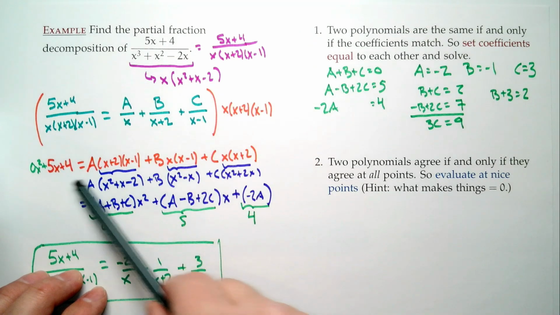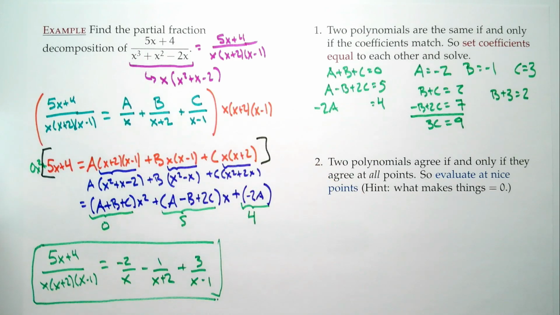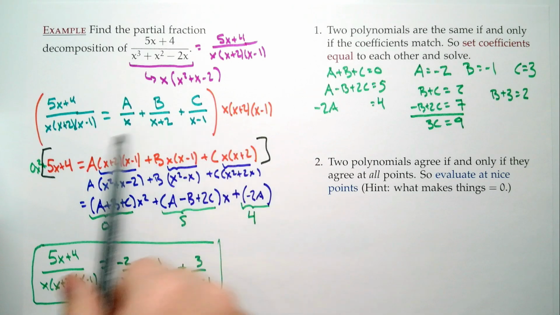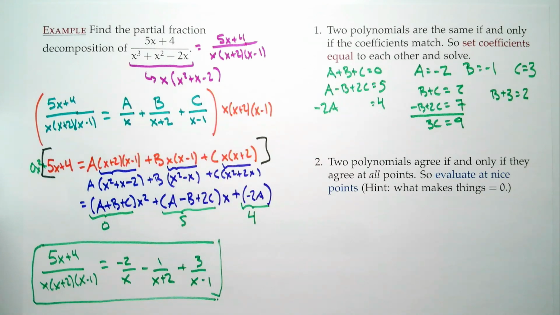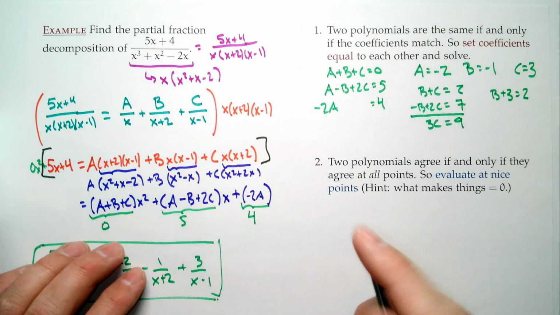So, let's look at our expression. So come back right to here. So the 5x plus 4 equals all of that stuff. So we're not even going to expand. And we ask ourselves the question, let's see if there's a nice value for x. Some choice for x, which makes a lot of the pieces equal to 0. And when I say a lot of the pieces, the stuff with the unknown parts, a, b, and c. Is there any nice values for x that you see? -2? Okay. If you plug in x equals -2,